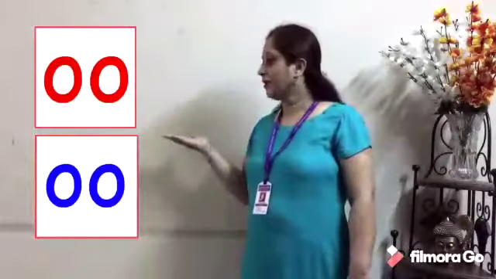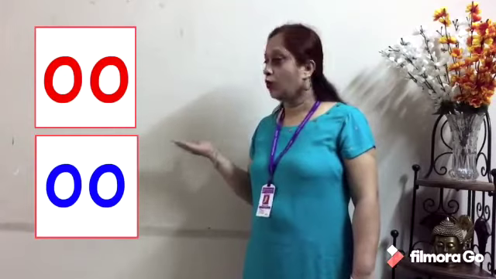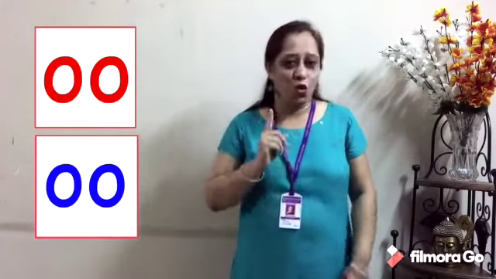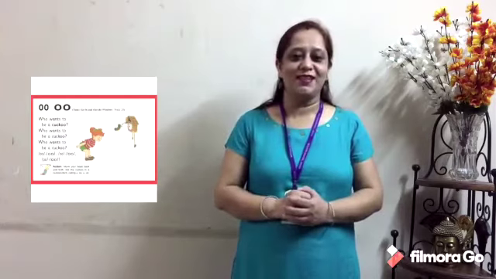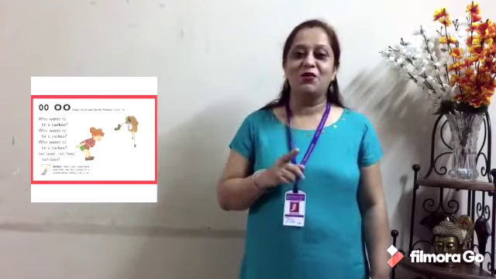Now students, letter O. You all can see it's a double O. Why? Because there is a long oo and a short oo. All of you have seen the alarm clock and there is a cuckoo sitting there. And how is she moving the head? See. Oo. Oo. So, you are getting the sound of long oo and the short oo.